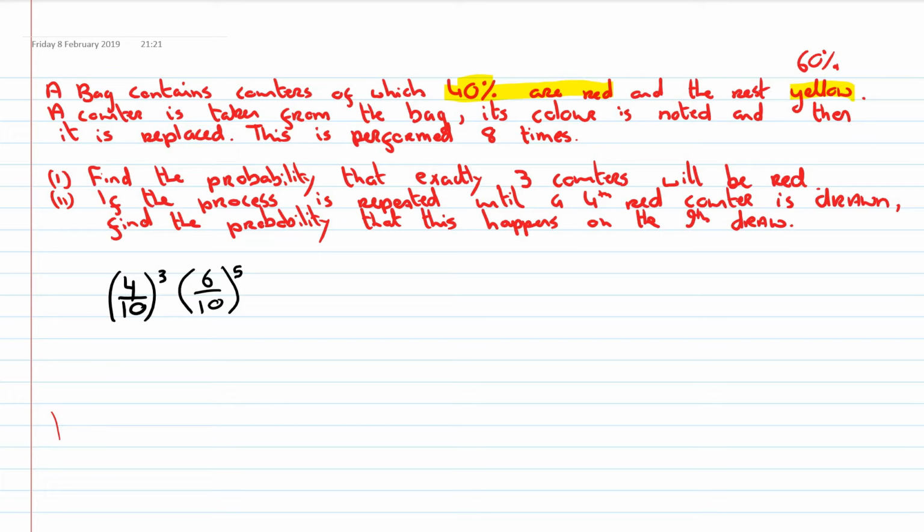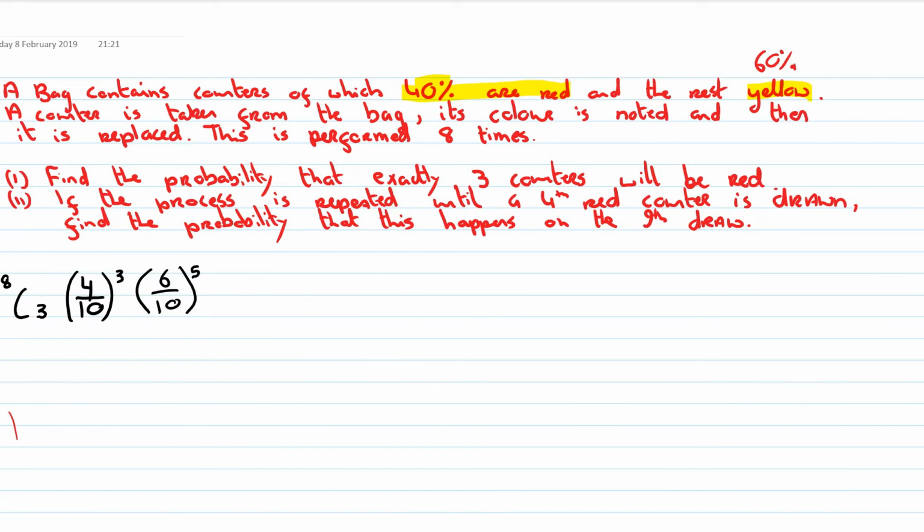I don't care what order this happens in, so it'll be 8 choose 3. If we type all that into the calculator, we get 0.2786, or as a percentage, 27.86%, or as a decimal,